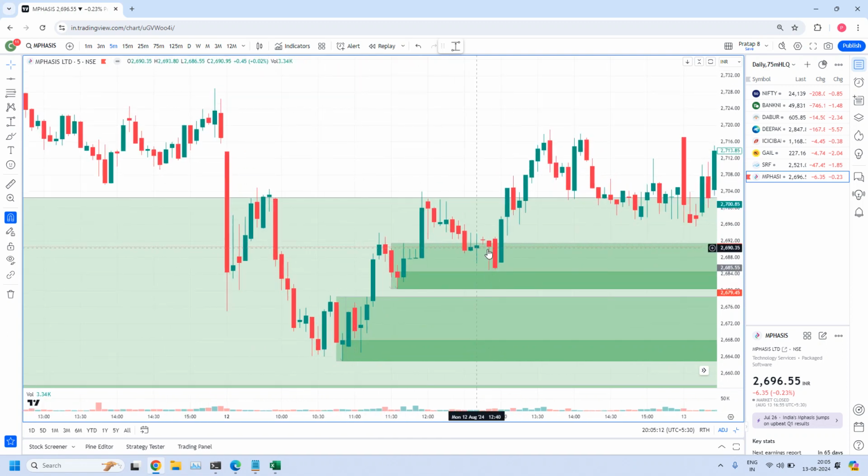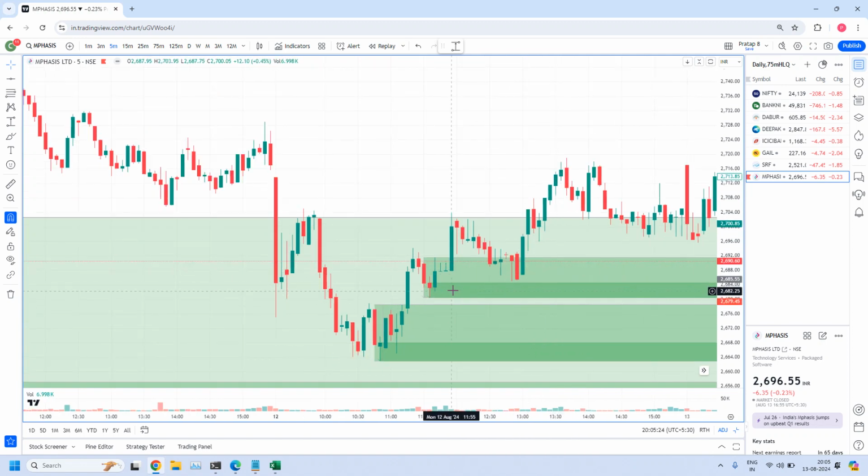But in this one, prices came very close to this fine-tuned area. This is indicating there is a strong order flow in this area because there is a rejection. Price came and again moved up. So strong order flow is there. So definitely we can plan a trade if prices are entering into this area.